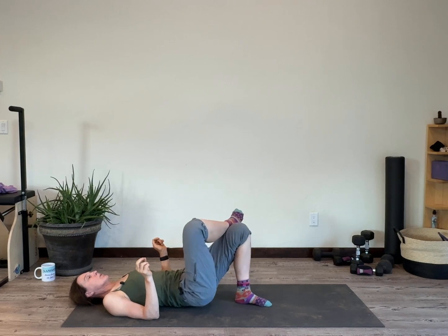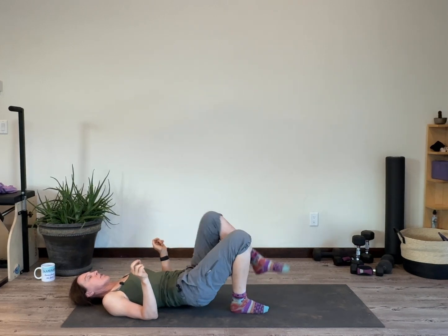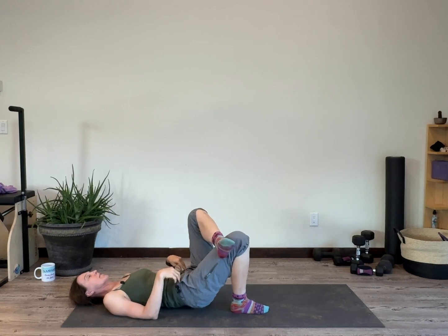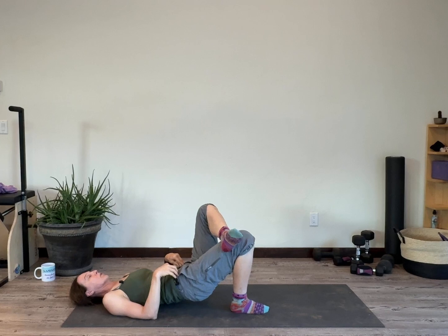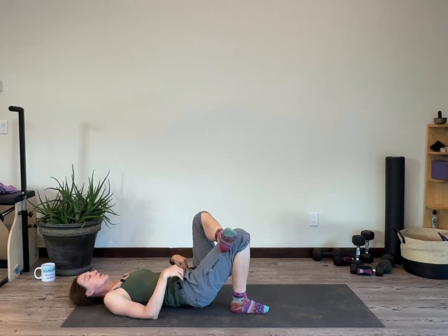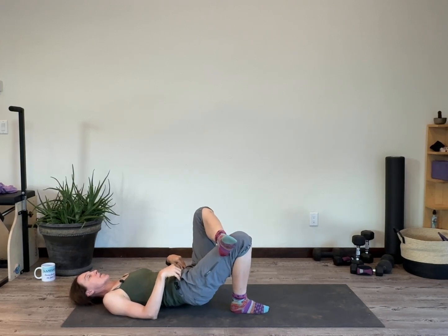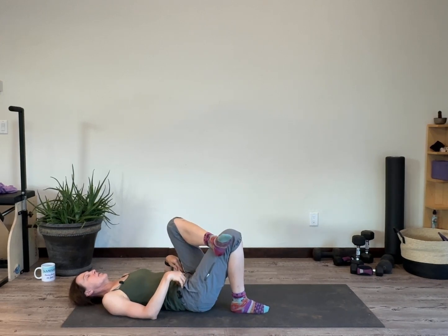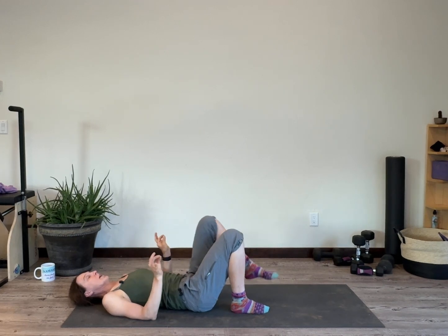But when you're ready, we're gonna put the other foot down, take the other ankle to the thigh, and then you're gonna go bridging up and down. Your hips are level. So there's a little hip opener, and there's a single leg bridge. Breathe in and out. And then you're going to lower your feet down,